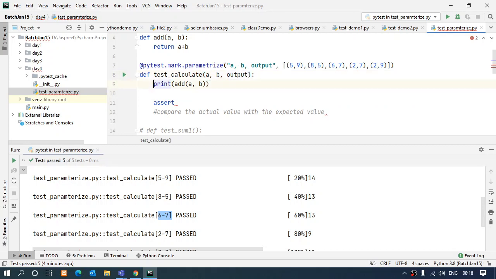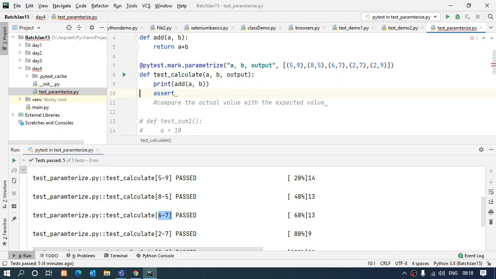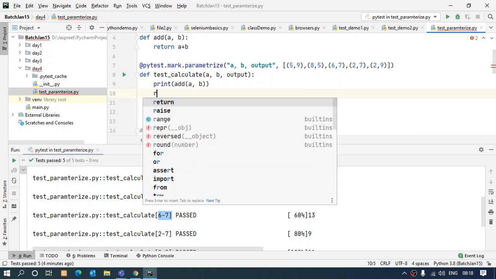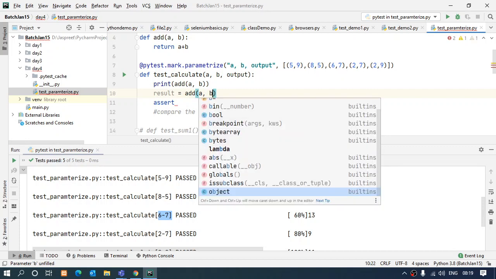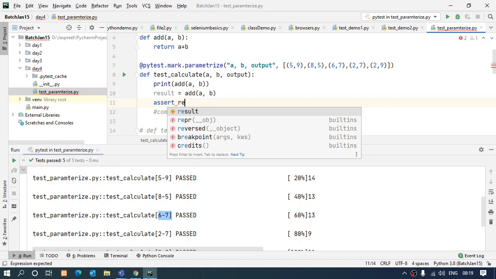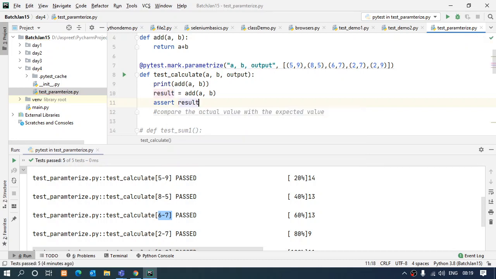And then I'll put it into a variable to get my actual value, add a, b. So I'll compare this result with output. Output is going to come up from these data sets.